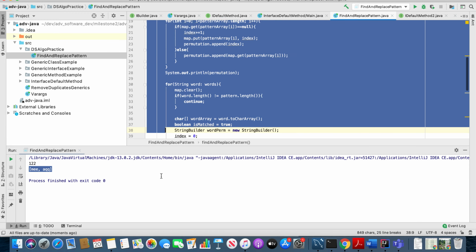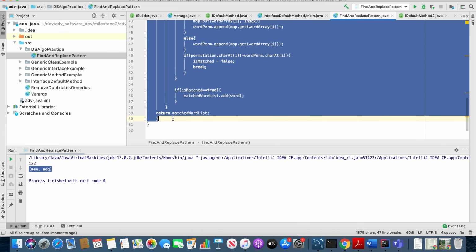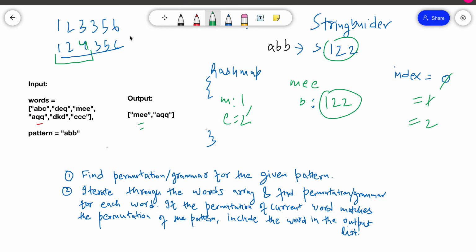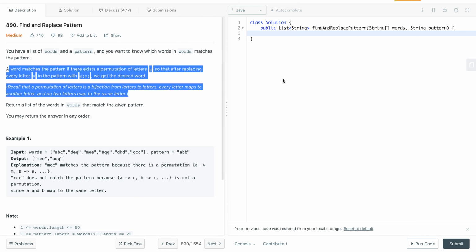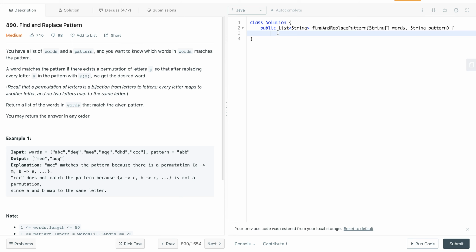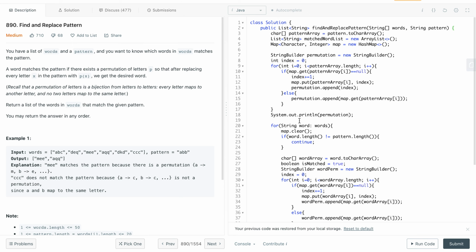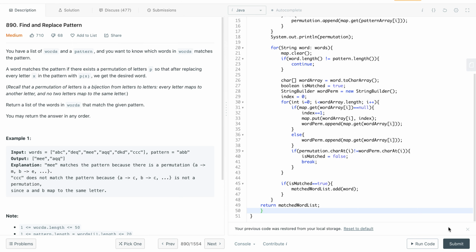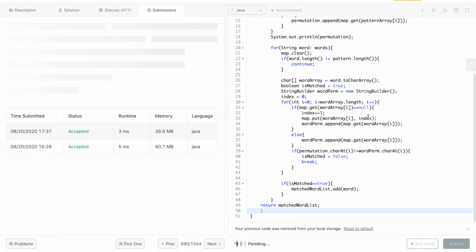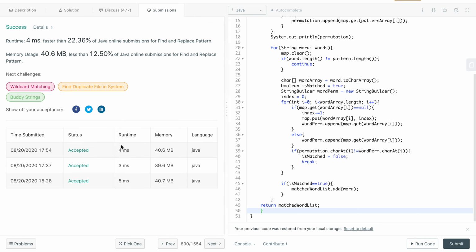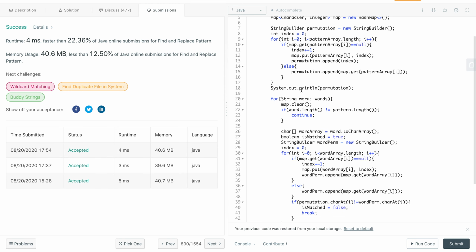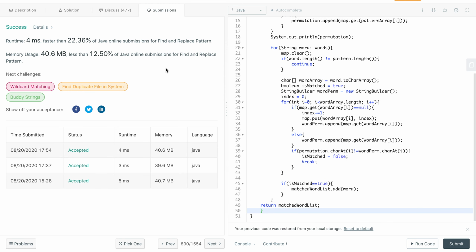Let me copy this solution and run it in this. I'm going to submit this solution and check whether it works or not. It will work. You can see that it got accepted. We can do some optimization also, but